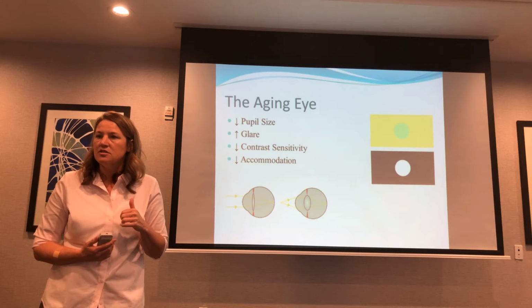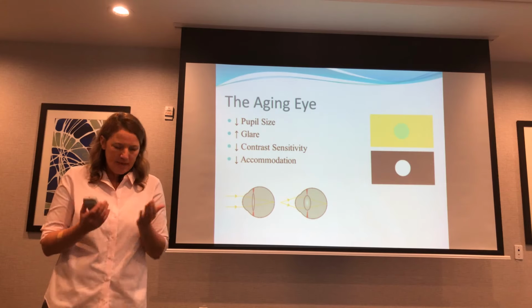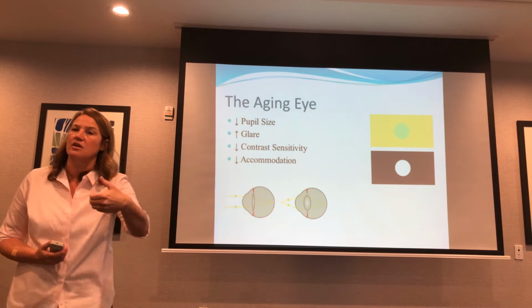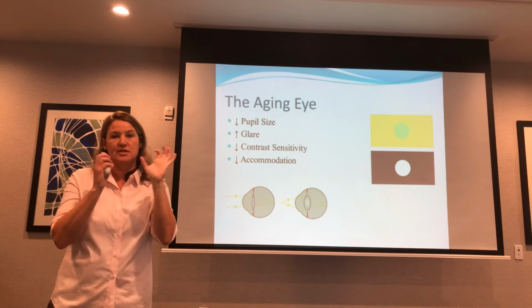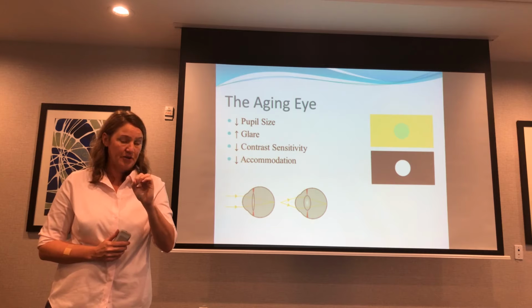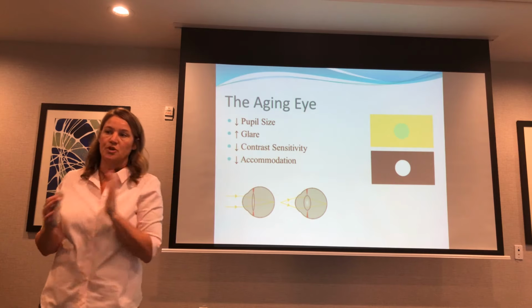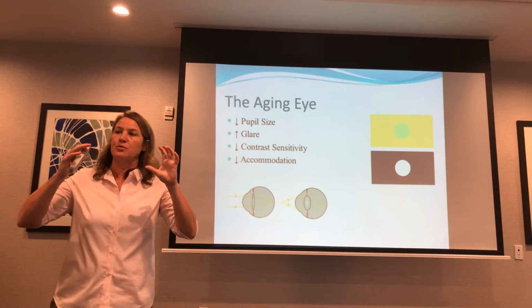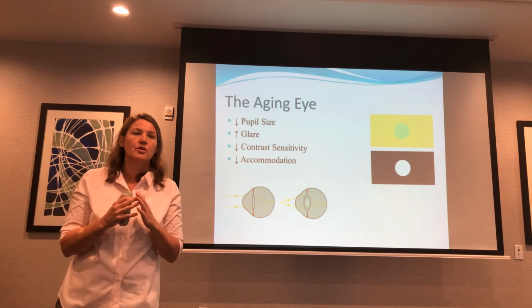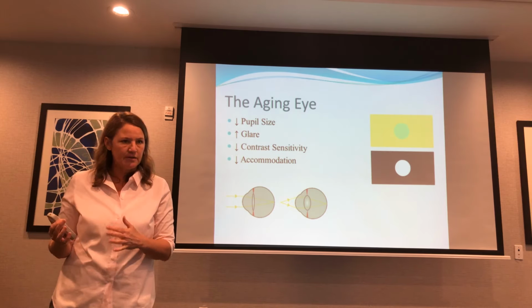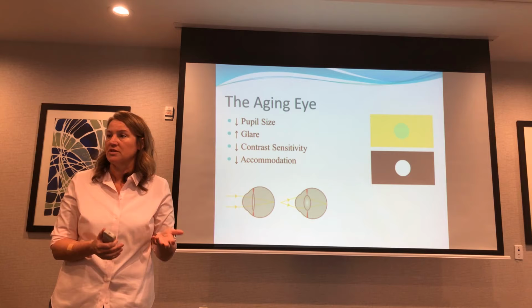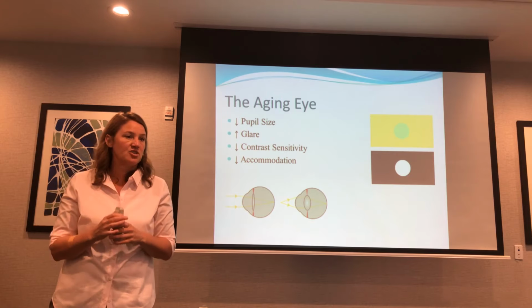Some of you may notice that I may have something in the kitchen I can't read. I could stick it under the light real close and then I can see it. So we have to let more light in, and our pupil doesn't dilate as much. It also doesn't get small and large as quickly. It takes longer. So if you go from a bright environment to a dark environment, the time it takes for the pupil to dilate is longer, and it doesn't dilate as much. So going from the lobby of a movie theater into the movie theater is going to be a really challenging and dangerous time, because it's going to take longer for that transition to happen.